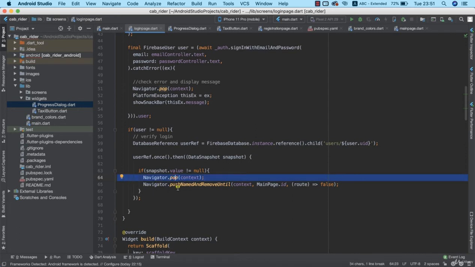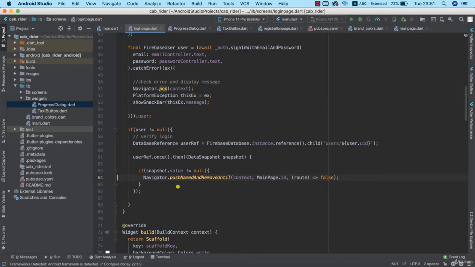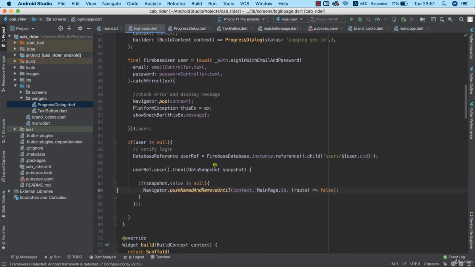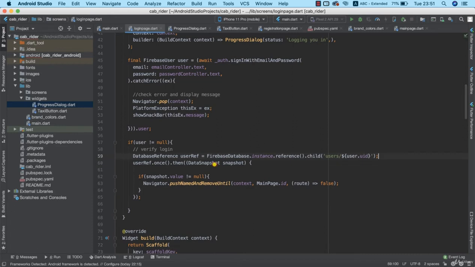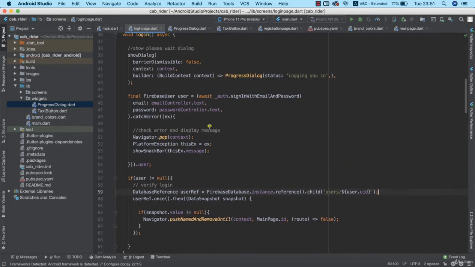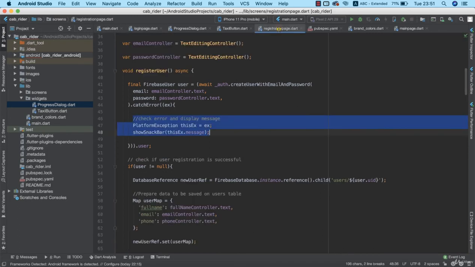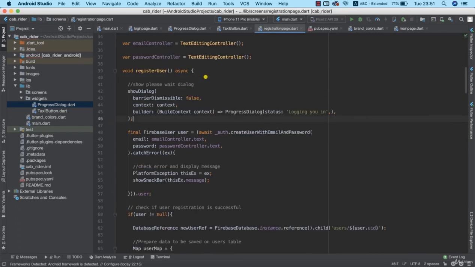but we don't need to pop it here. By just calling pushNamedAndRemoveUntil, it will remove all existing contexts. So this is just very okay. Now we need to go to the registration page and make use of the progress dialog as well. Just to save us a lot of time, I can just go ahead and copy all of this here and go into the registration page, and as soon as the registration starts, I'm going to go ahead and paste this